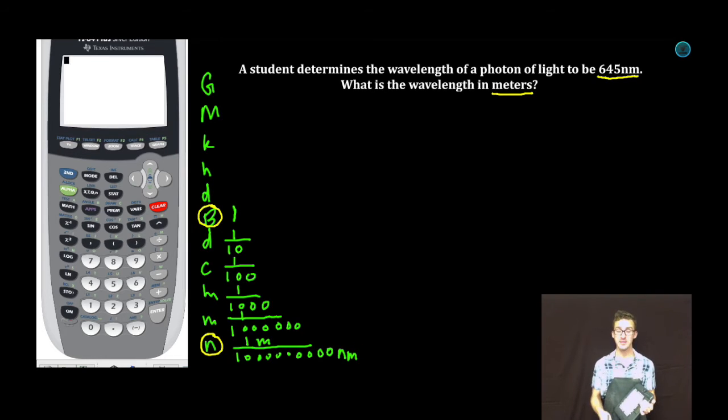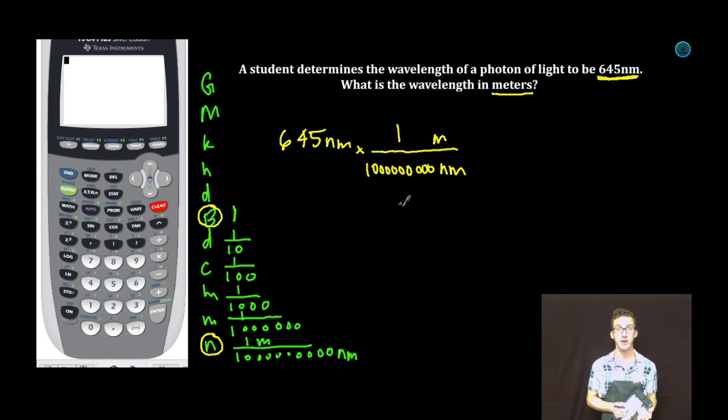All right, with this conversion, or any conversion, you always want to start with the numerical value that you're starting with. In this case, 645 nanometers. And then you want to multiply that by a conversion factor. I'm always going to put the unit that I start with in the denominator of that conversion factor so that it cancels out. And I'm going to put meters in the numerator. The relationship between meters and nanometers: for every 1 meter, there is a billion nanometers.